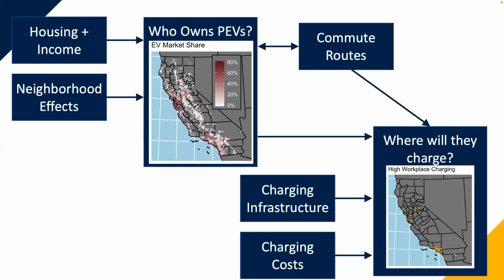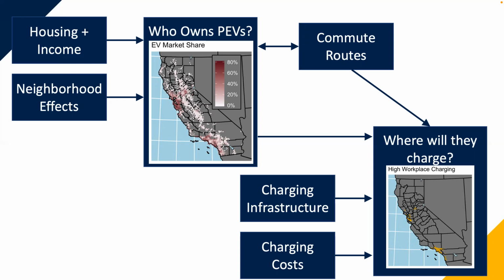So the first idea is, okay, if I want to figure out where chargers need to be, I first need to know where the electric vehicles are located, right? And so who owns electric vehicles? So the first half of this model is this big adoption forecast model that does actually rely on